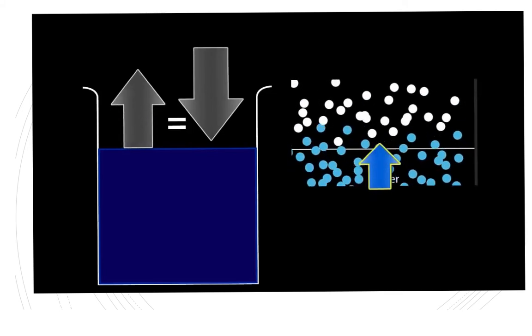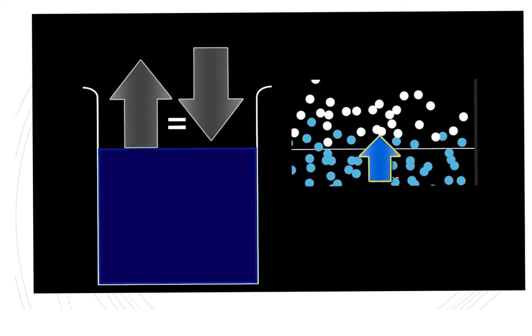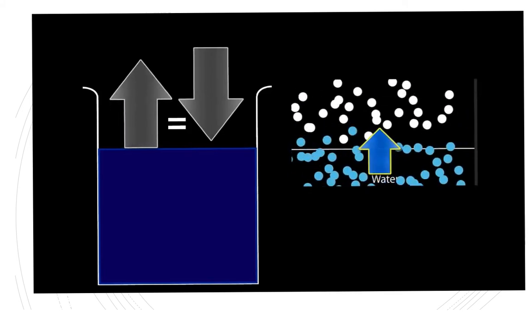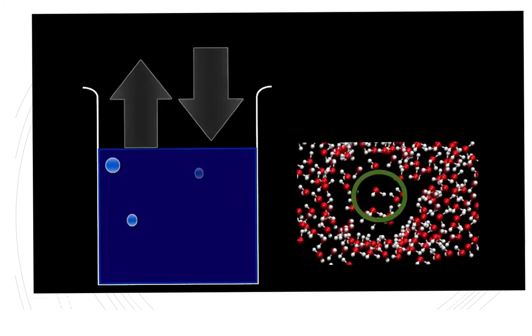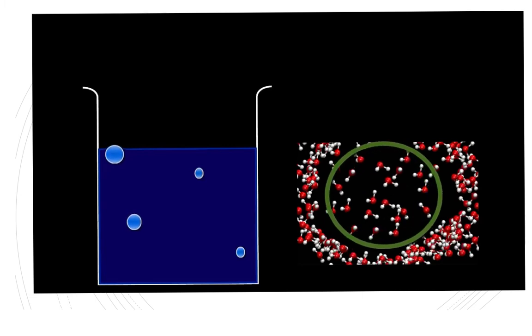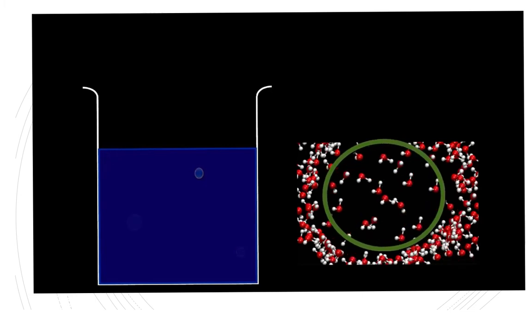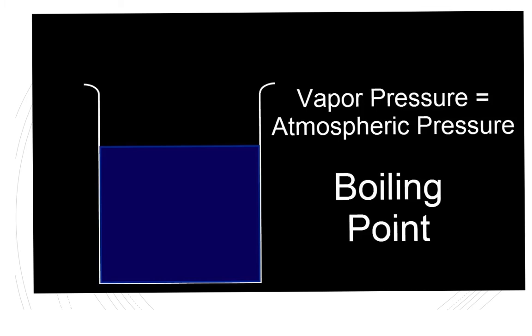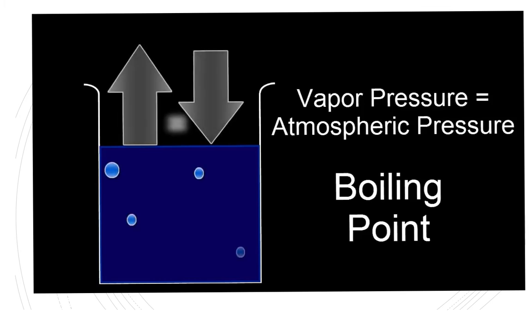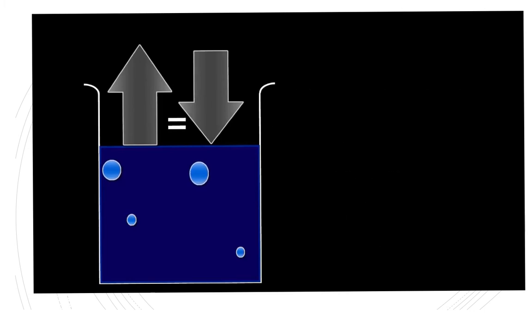But when the vapor pressure increases, molecules from the liquid escape, and they push against the air molecules and effectively reduce some of the pressure. This makes it easier for the liquid molecules to spread out, form a gas, and rise to the surface. That's boiling. We can make boiling happen by either increasing the vapor pressure or decreasing the atmospheric pressure. Either way, once the vapor pressure and the atmospheric pressure are equal, we've reached the boiling point, and boiling can